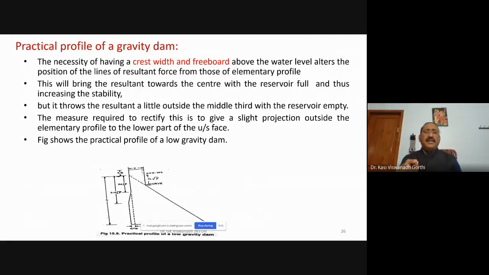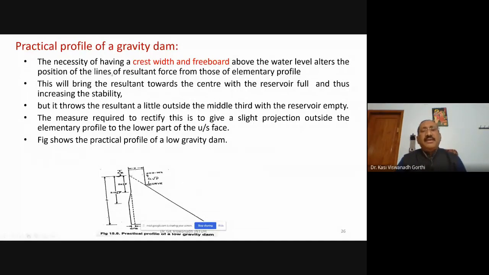One of the most important criteria is that it has to connect both the banks. If both the banks are to be connected, is it connecting a simple state highway? Is it connecting a simple inspection road? Or is it connecting a national highway? Based on that, the width of the road also will be decided. If the width of the road is decided, the top width of the dam also will be accordingly decided. This is number one. In the absence of such information, usually it will be taken up with a certain thumb rule.